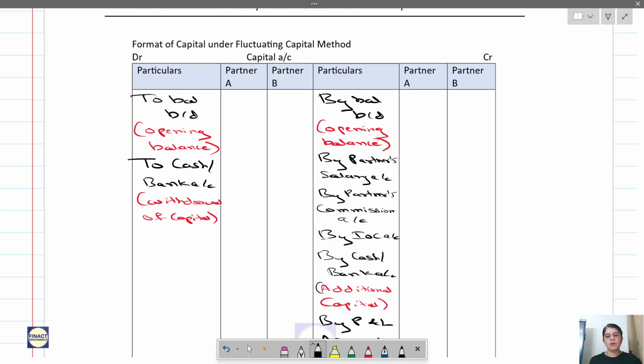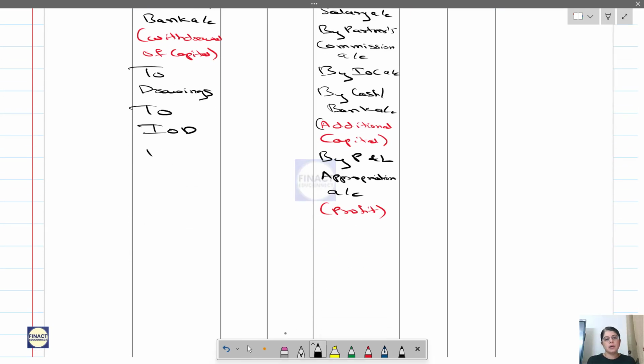Then you may have drawings. So to drawings. Now remember, whenever there are drawings, goods withdrawn by partner for personal use or cash withdrawn, we will pass an entry wherein we will transfer all those drawings in one single account, that is drawings account. And then at the end of year we will transfer it from drawings account to partners capital account, whereas for withdrawal of capital we will be directly debiting it to capital account. Understand the difference. Then you will have to interest on drawings,